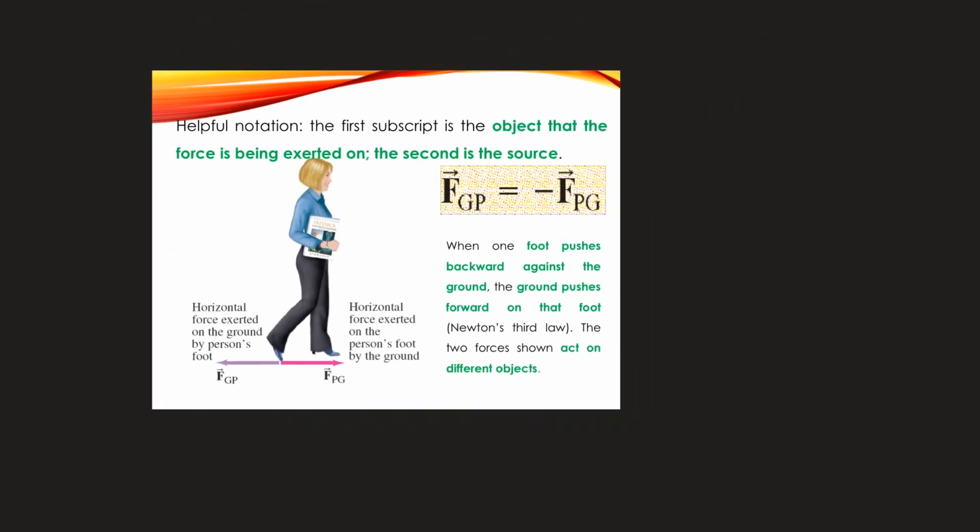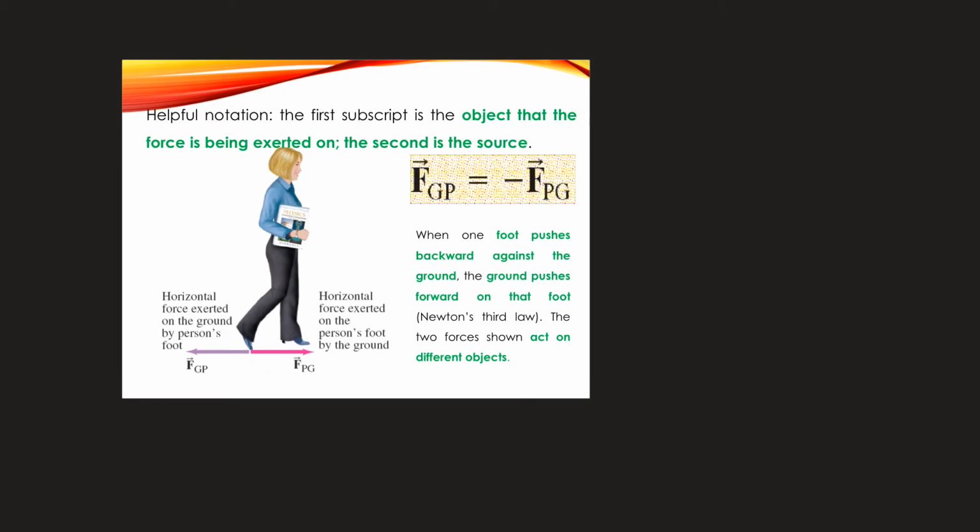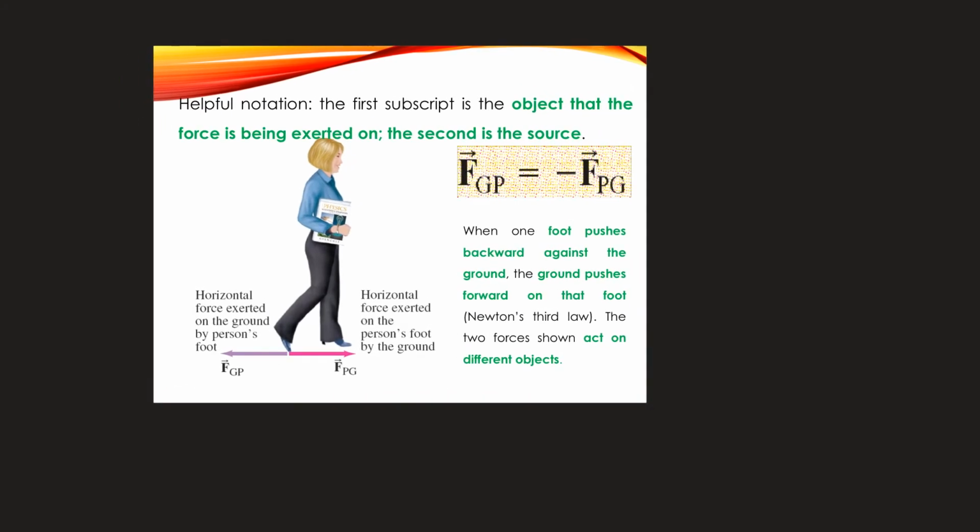Okay, so when it comes to the subscript, it's basically the way for you to write the force for Newton's third law. What happens is the first subscript is going to be the object that the force is being exerted on, which means the one that is going to feel the force. The second is the source of the force. So for example, if you apply force to the ground, it means that the ground is going to be the first one and you are going to be the second one. The first one is who basically feels the force. The second one is going to be the source. Okay,